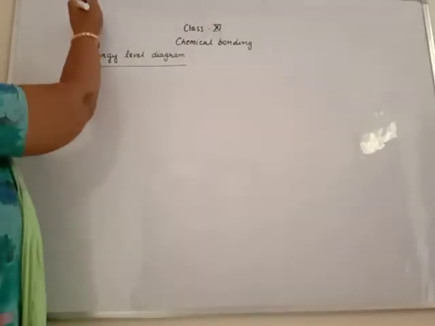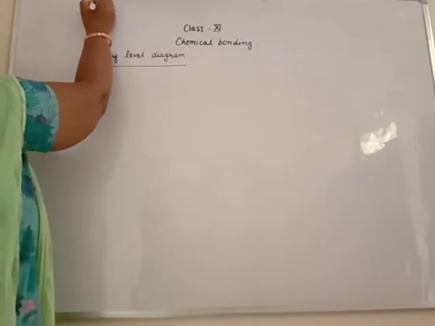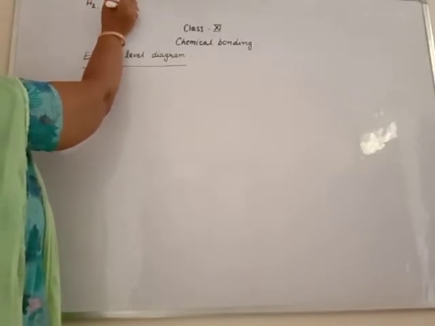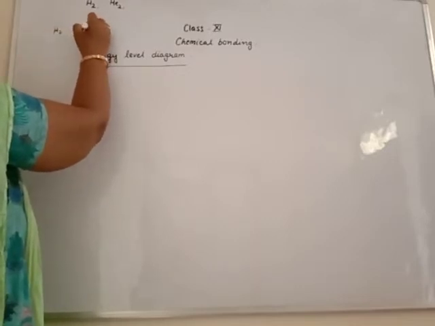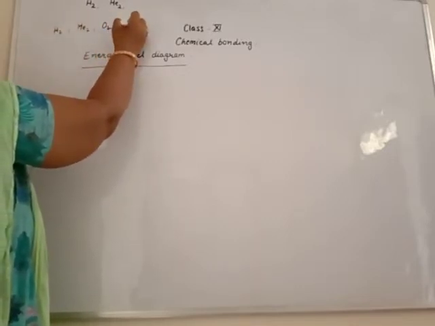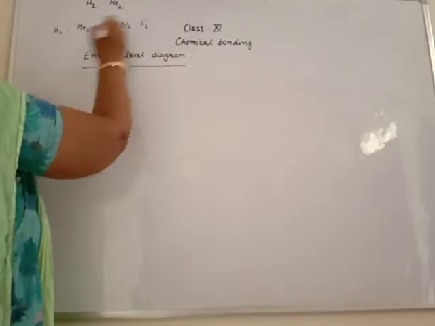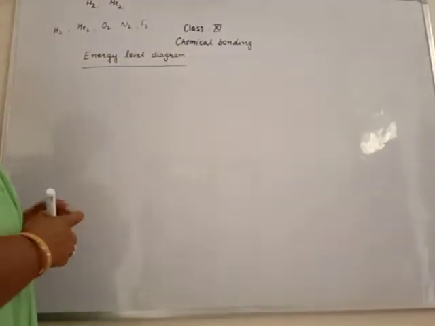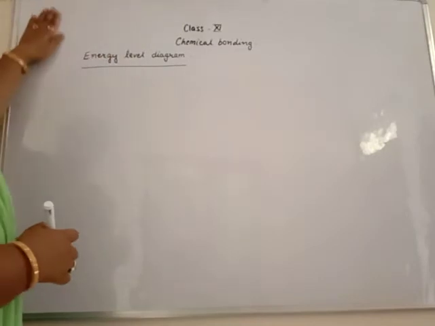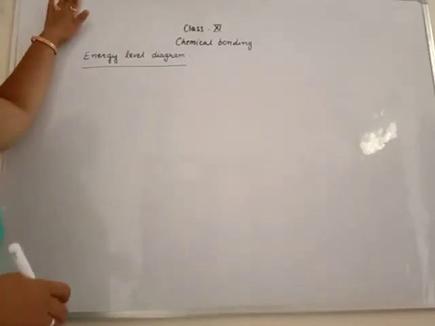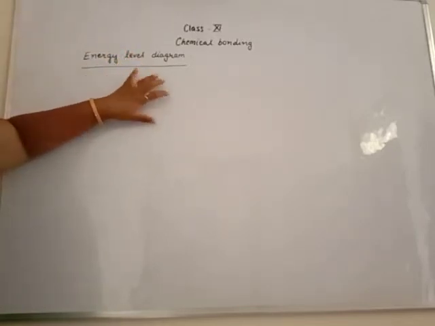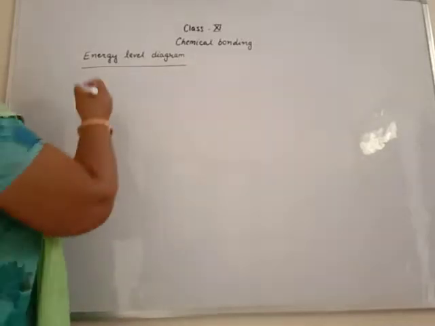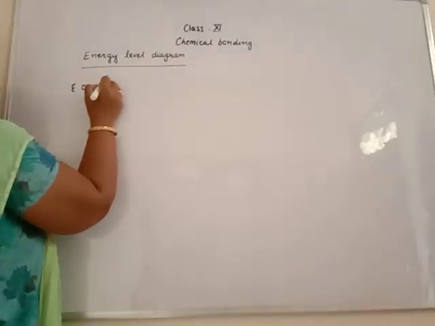And these homodiatomic molecules may be hydrogen, helium, oxygen, nitrogen, fluorine, etc. Now, before studying the energy level diagram of these molecules, before drawing these, beta, you will understand the energy level diagram. Write down the electronic configuration of the molecule,